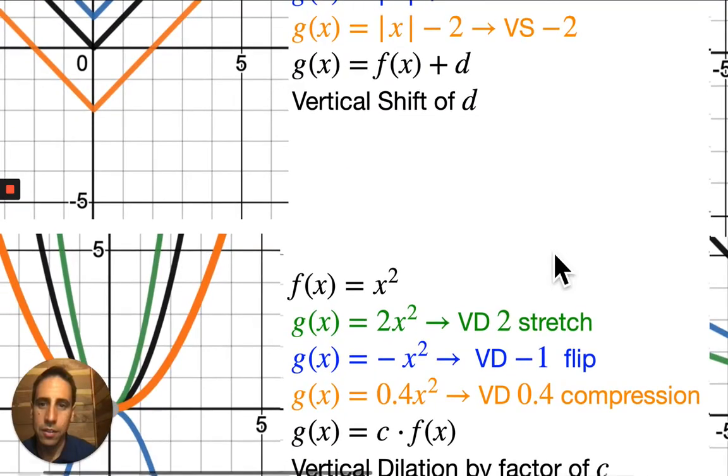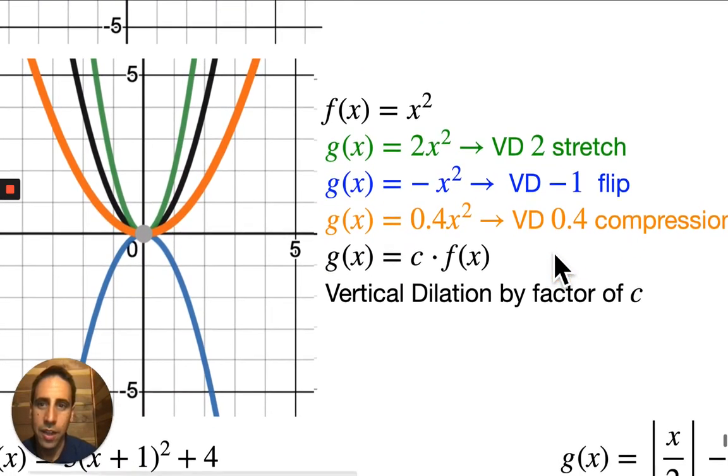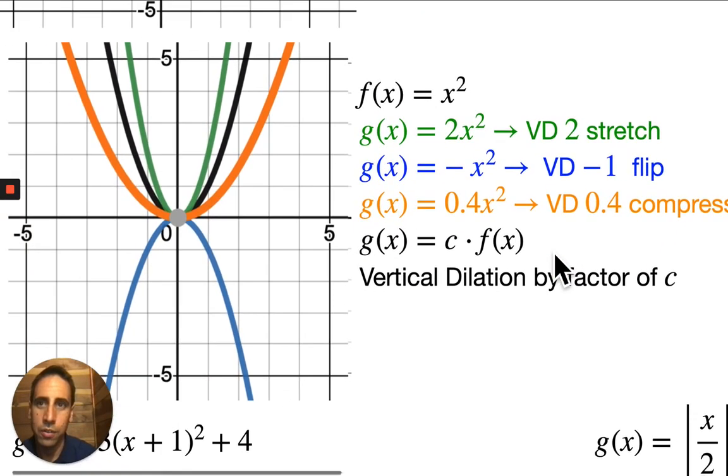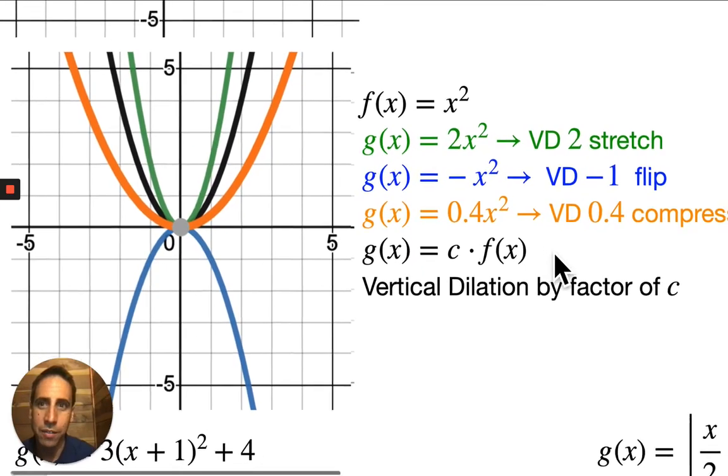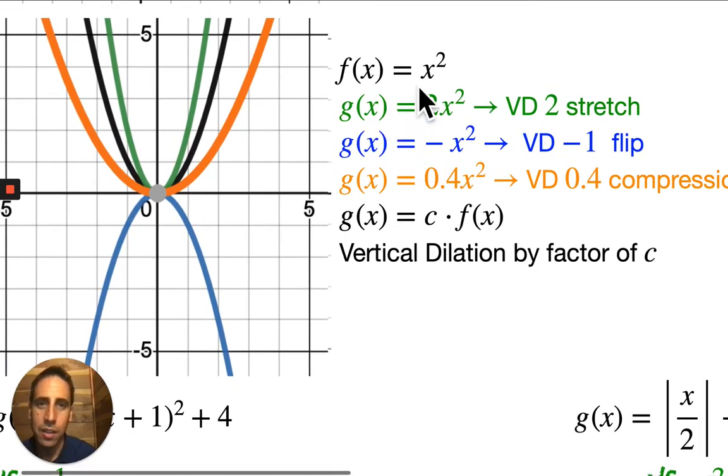We did this a little bit last video also. We put a times 2 outside of the function, meaning over here 2 times x squared would be the transformed version. And we saw that we doubled all the y values, which created this really cool stretchy pattern right here. So if the function is x squared, like this in black, then 2 times x squared will give you a